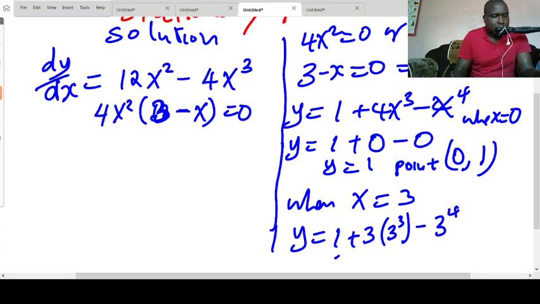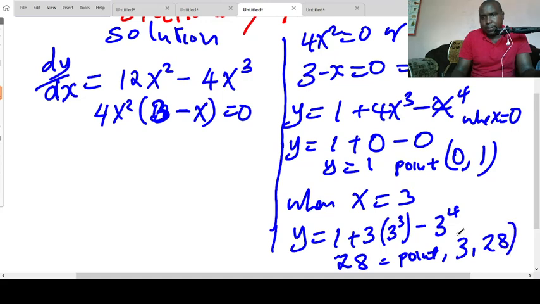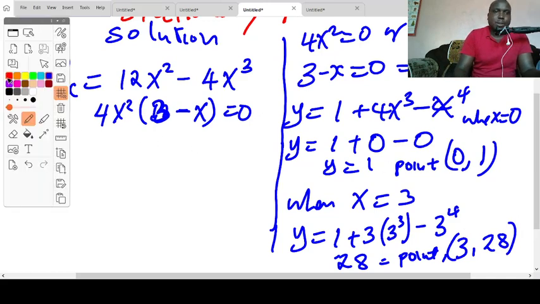Right? And this one will give us, this is 27 times 381, that is 1. This one is going to be 28. So the point now, the point will be x, which is 3, 28. Now, the last thing, we want to determine whether this point,